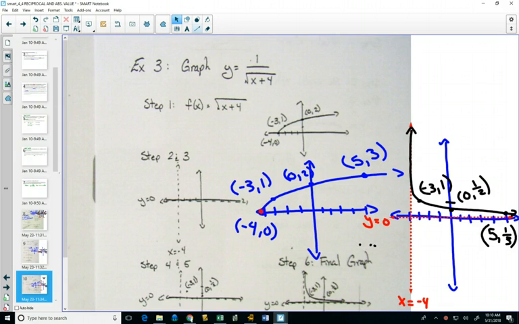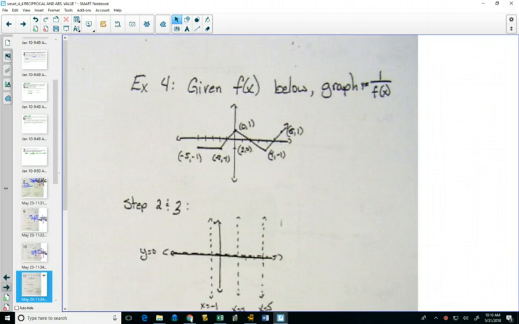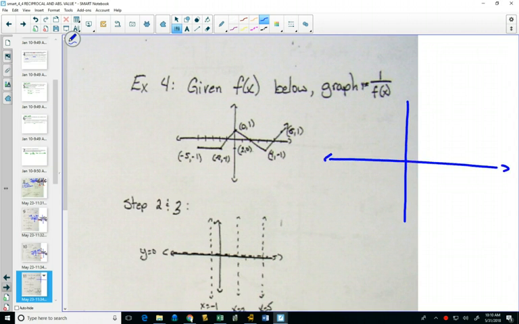And finally, what the exam really likes to do is give you a graph and then say, can you do the reciprocal of the graph that we've given you? So in some ways, I think these questions are even easier because you don't have to do that preliminary step of graphing the function on the bottom. The function on the bottom is already given to you. So right beside it, you can just start